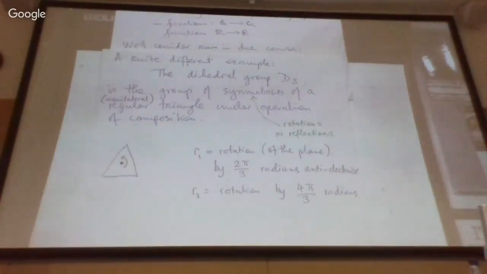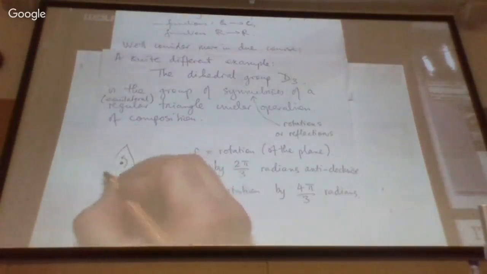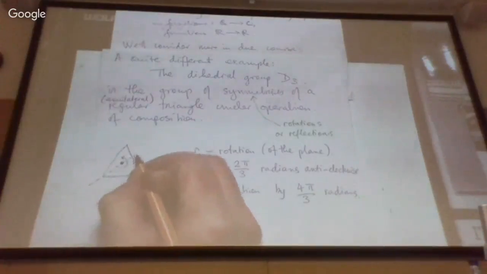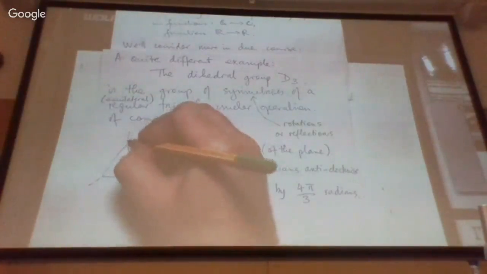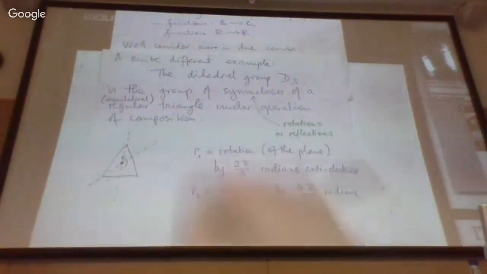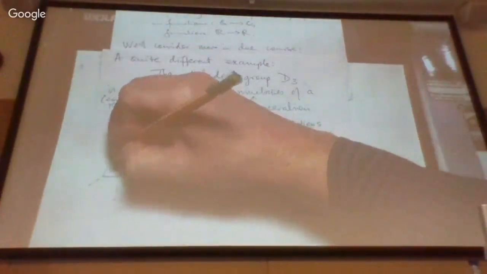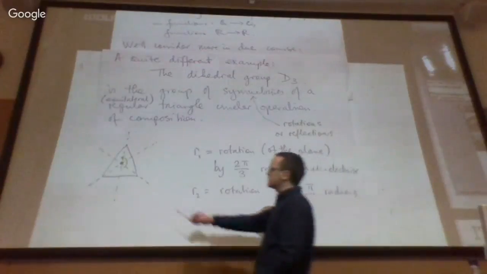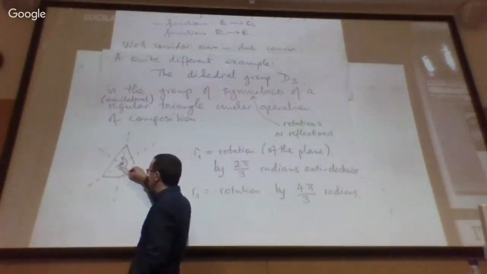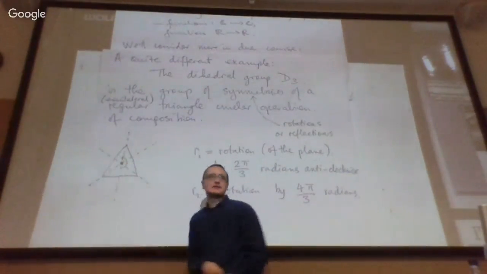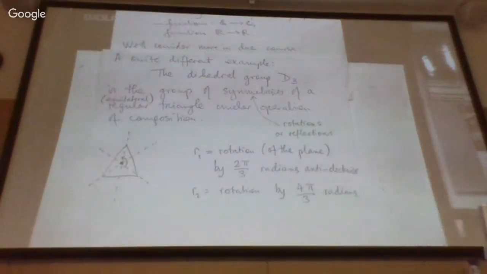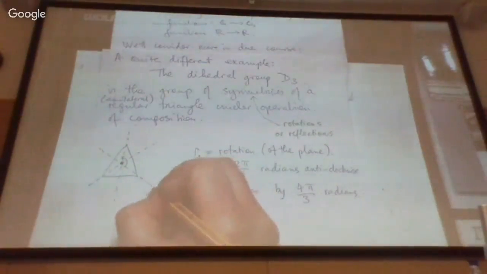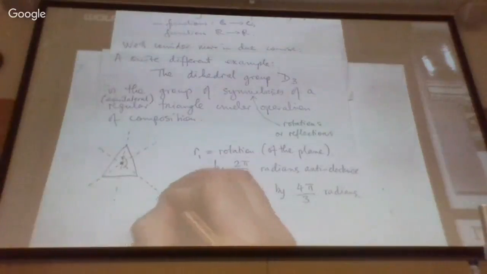There are other transformations of the plane we can perform that will be symmetries of this triangle. There are various axes of reflectional symmetry. There are 3 for the regular triangle, going through each vertex and the center of the opposite side. Okay. If I take any one of these, let's take this one down here, if I reflect the plane